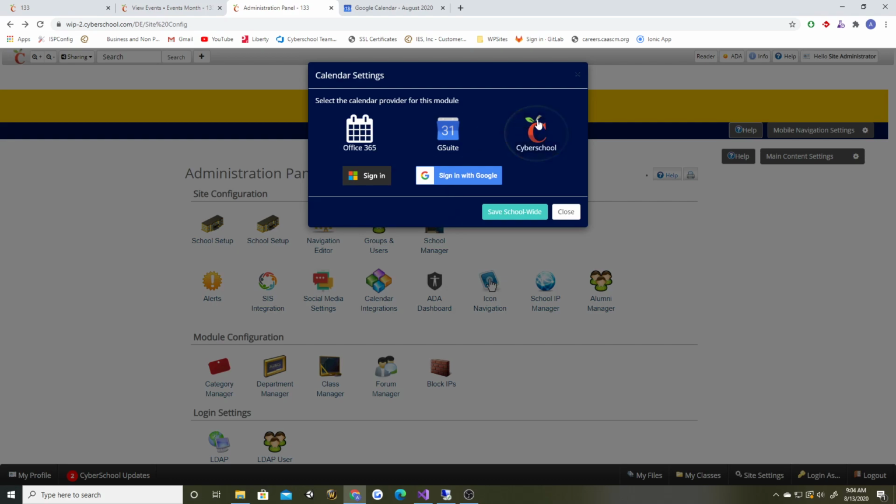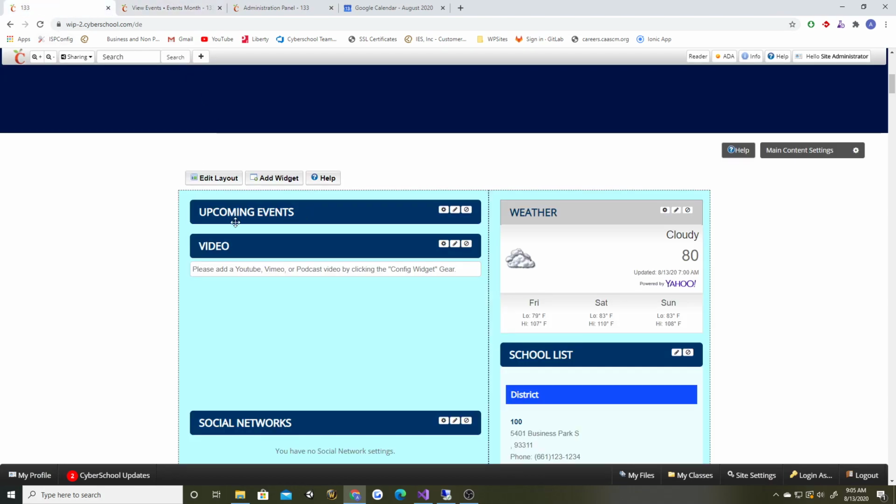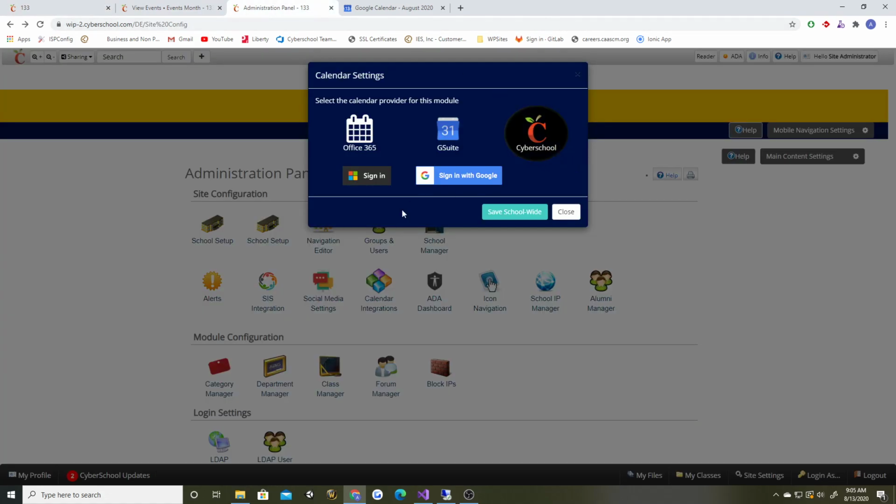Right now we have Cyberschool connected, and that's hinted by the little black bubble going around Cyberschool there. So on all of our modules, you'll see this one's blank because this is the Cyberschool calendar, and all of our widgets as well. This one is blank as well because we have our Cyberschool calendar connected to that. So if we want to connect our Google Calendar, all we're going to do is click this sign in with Google,